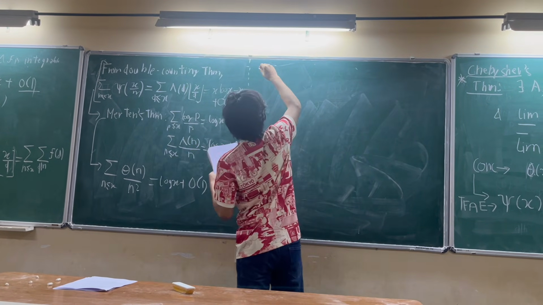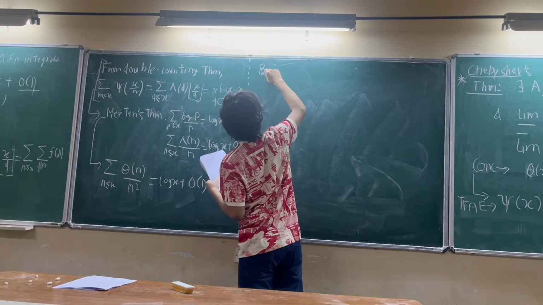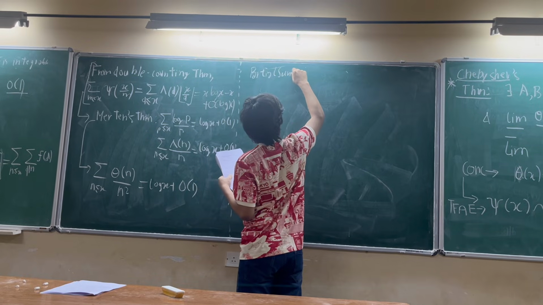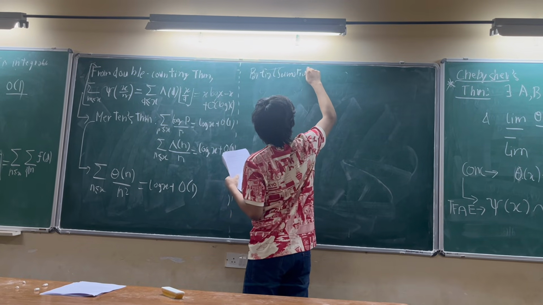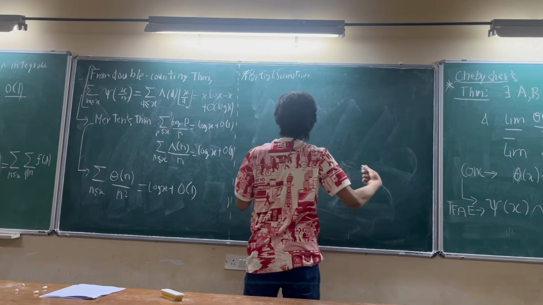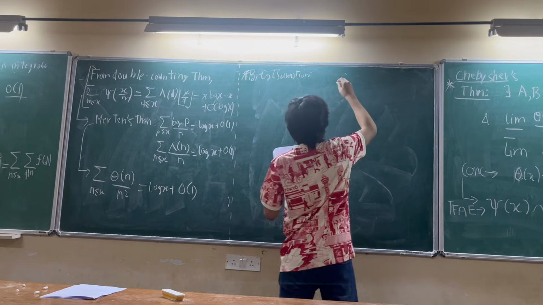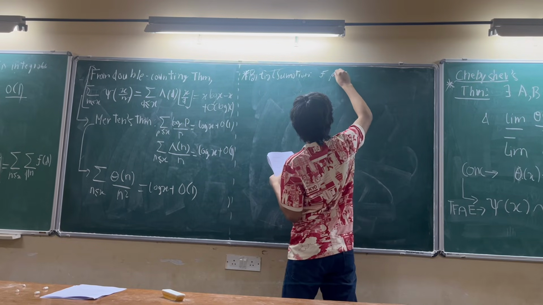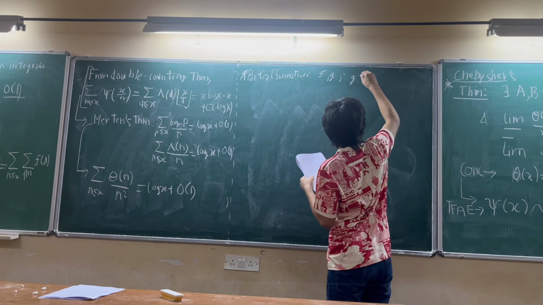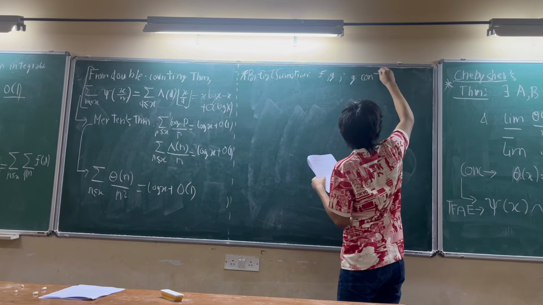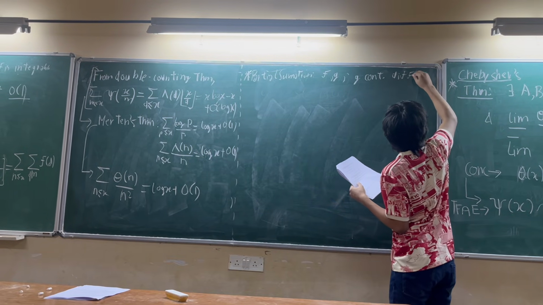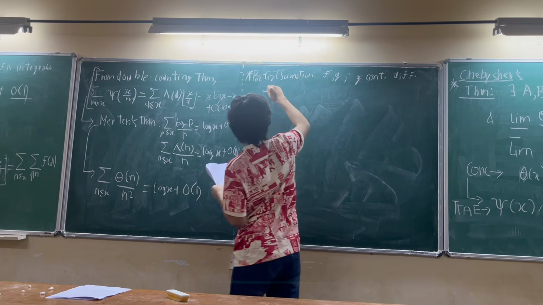We write down one final result called the partial summation. Partial summation. What is this? This tells us that if you have two arithmetic functions f and g, and let's say you have g to be continuously differentiable, then